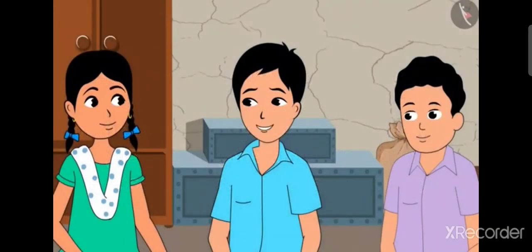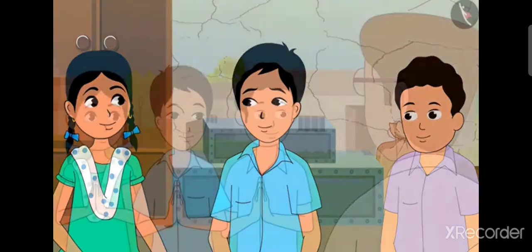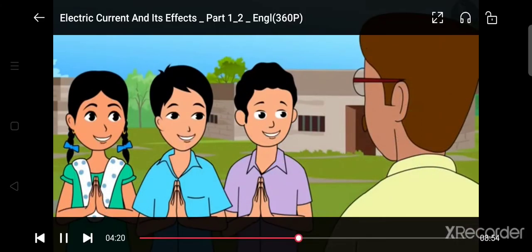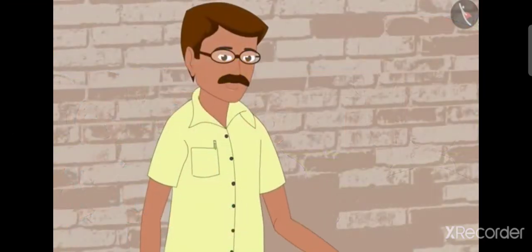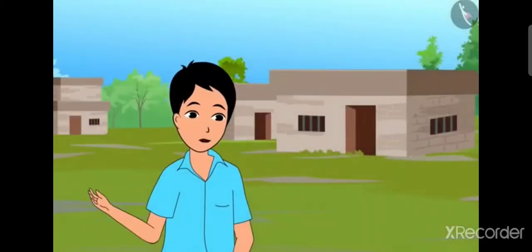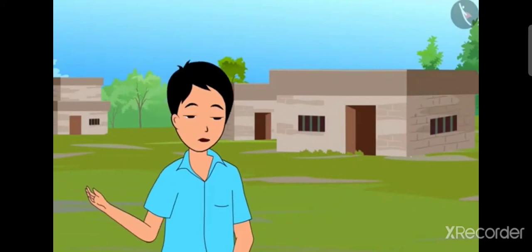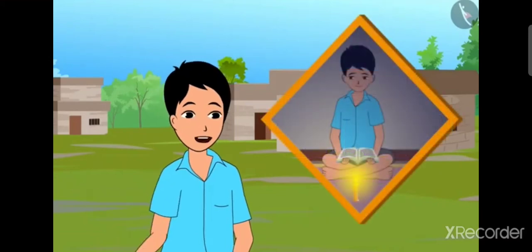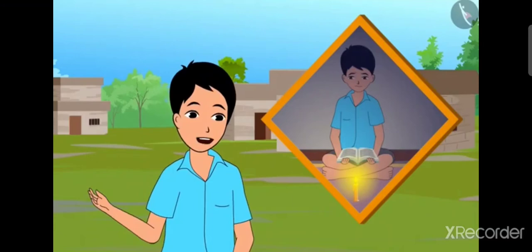I could not sleep the whole night. I was curious to know why the electricity supply got cut off once the wires fell down. Munna, Lata, let us go to the engineer uncle and discuss this. Good morning, uncle. Good morning, children. This early in the morning. What is the matter? Uncle, why are there so many power cuts in this village? We are going to have the exams shortly and it is getting difficult to study.